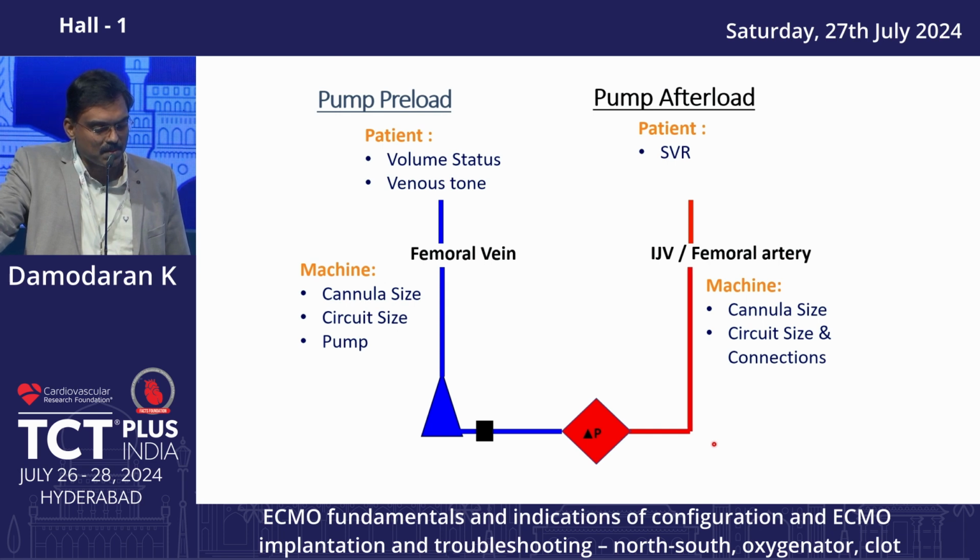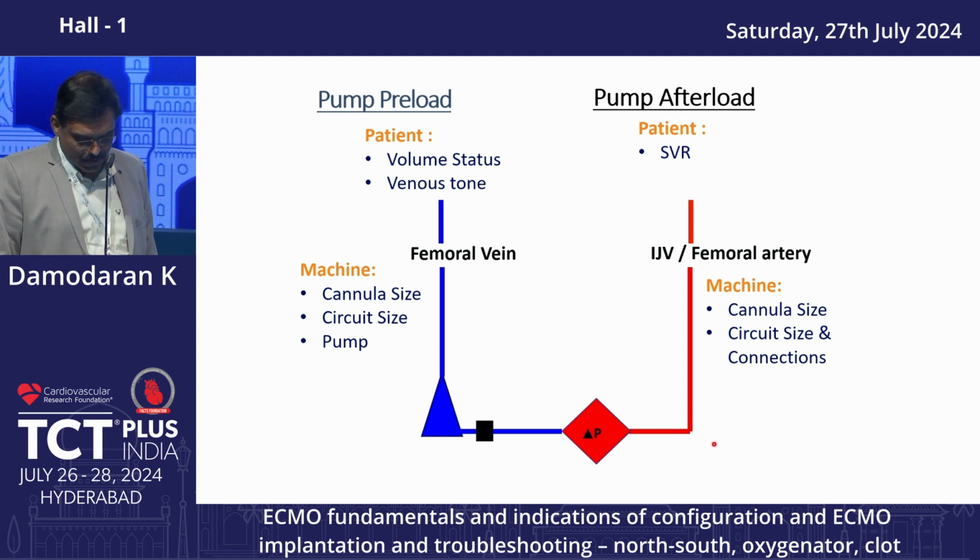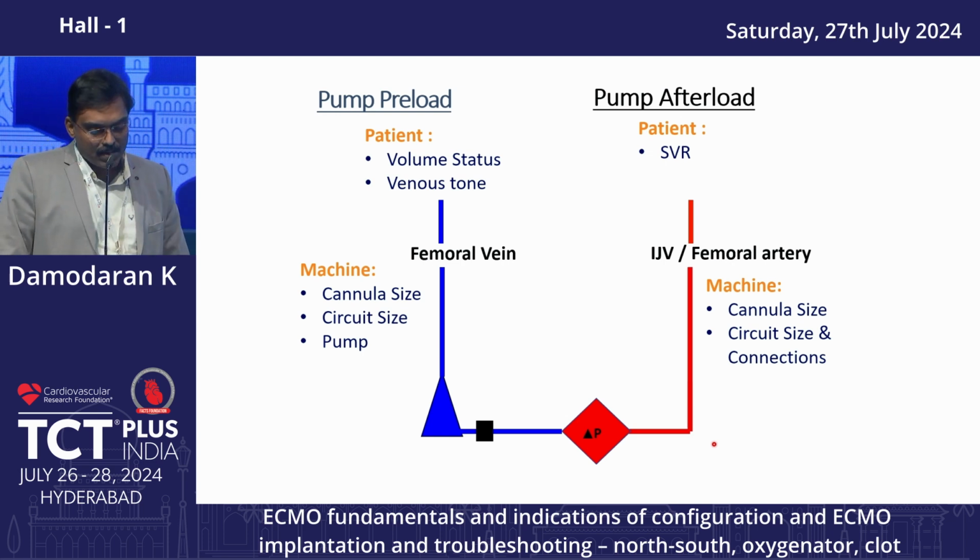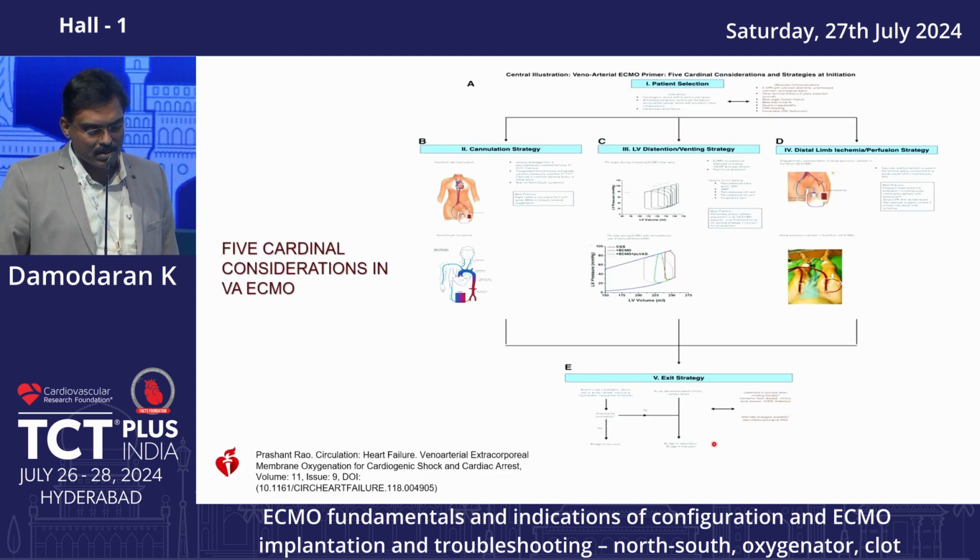If the cannula length is obviously too much, then obviously resistance is more. So you need to design the cannula size based on the patient's anatomy and the requirements of cardiac support. These are the five cardinal considerations, from a nice article by Dr. Prashant Rao. The cardinal considerations are, first, the indication, that is, which patient you need to